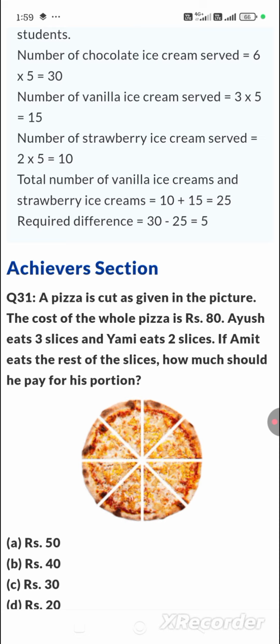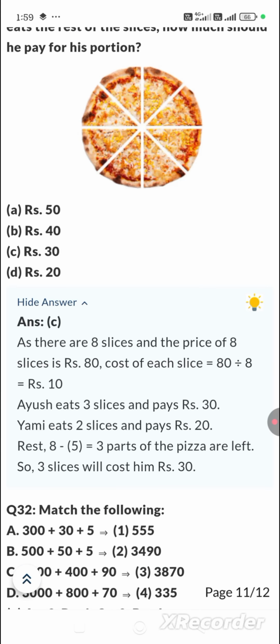Ayush eats 3 slices and Yami eats 2 slices. If Amit eats the rest of the slices, how much should he pay for his portion? Answer is option C. As there are 8 slices and the price of 8 slices is rupees 80, cost of